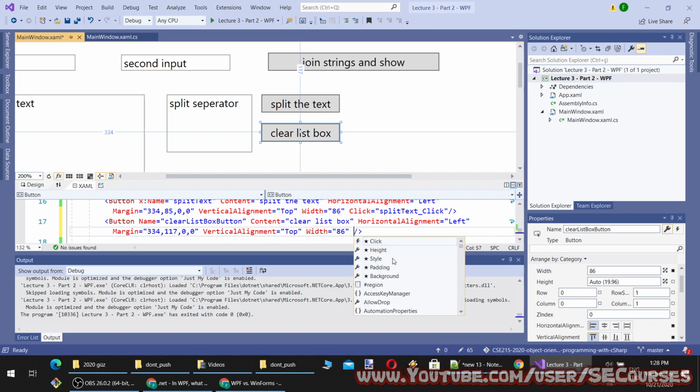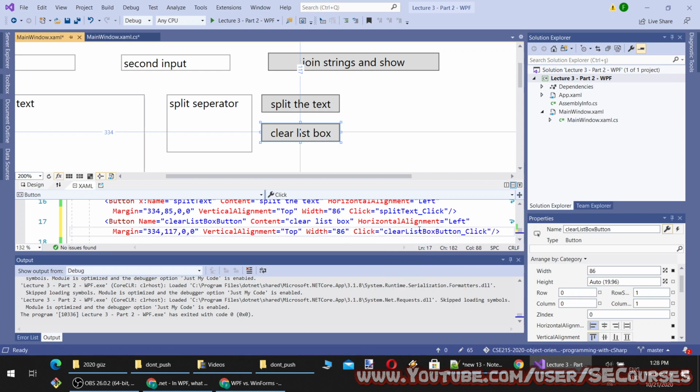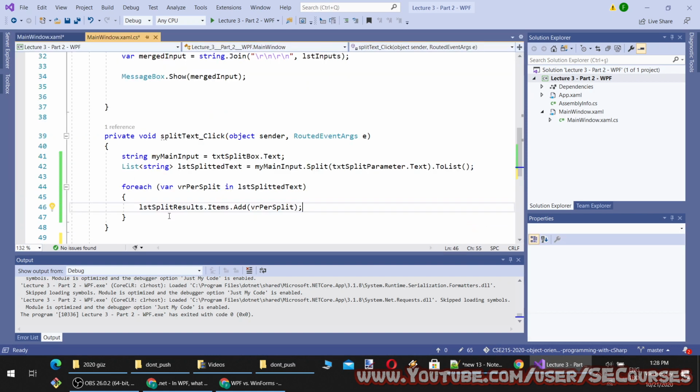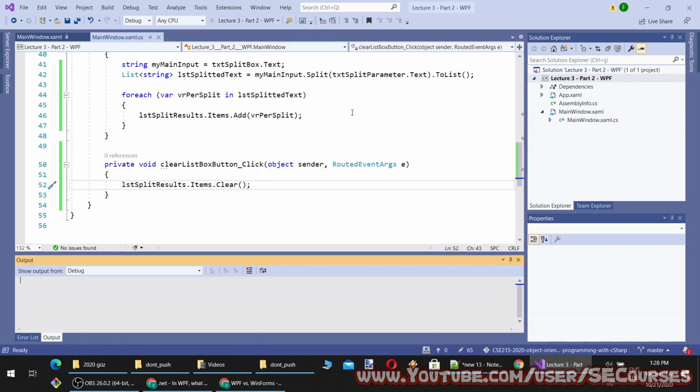You see the most used ones appeared automatically, and you see new event handler, and in the background it is cleared. I'm going to call items clear. Okay, so let's run it again.